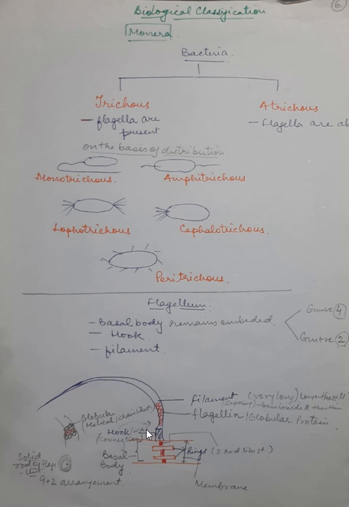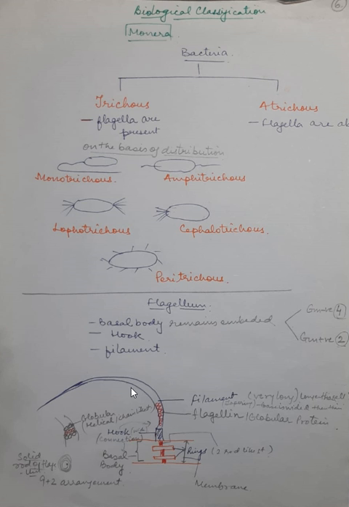Now, above this, on this ring-like structure, there is a little broader portion which is present. You can see that is called the hook, and to this hook there is attached a long filament. If you see the structure of the filament, it is very long, even longer than the structure of the cell, and it is tapering. Tapering means that the base is wide, and then it becomes thinner.